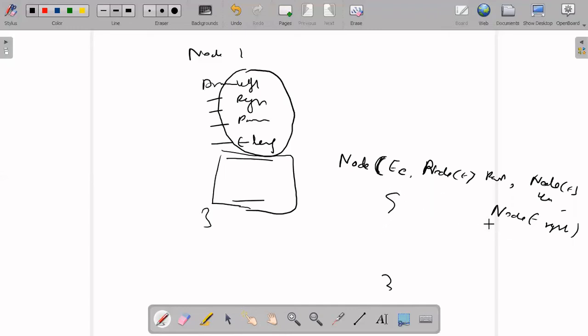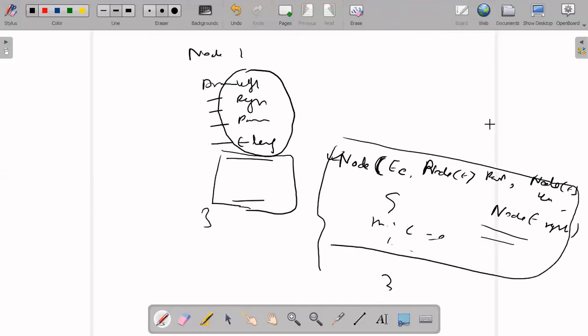This is the constructor: this.e equal to e, this.parent is equal to parent. For the root, parent will be null, left will be null, right will be null. I'm just passing the element, right?